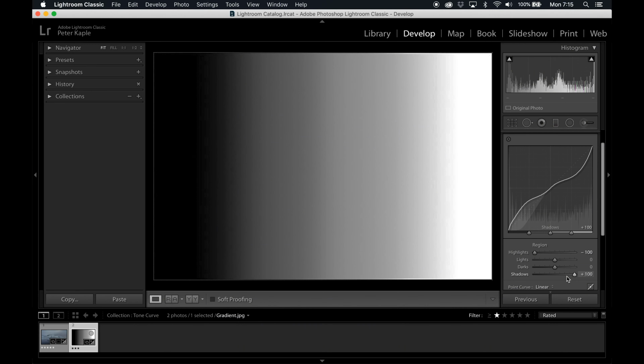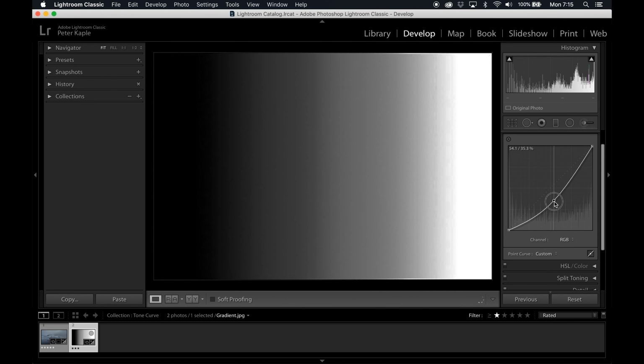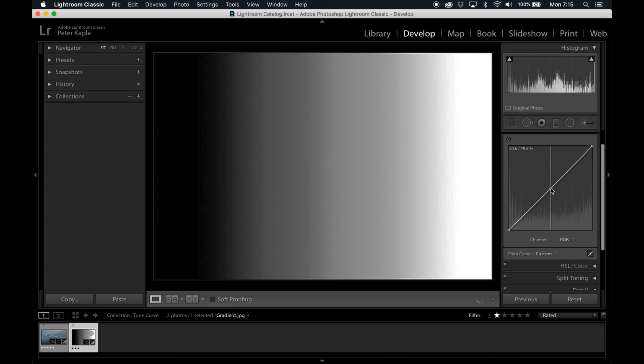So let's go ahead and jump back into our points curve, and we're going to click again on the square in the bottom right hand corner. To add points to the points curve, we simply click once. To delete points, we click twice. To move these points, simply click and drag any direction that you want.